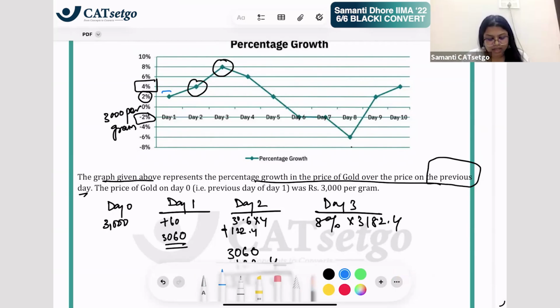तो उसने 3,000 का खरीदा, फिर day 1 पे 2% से बढ़ा, फिर से 4% बढ़ा, फिर 8% बढ़ा, फिर again 6% बढ़ा. Whatever the price, it's increasing only, right? Although 8%, but then it still increased by 6%. And then whatever the new price was, on top of it, again, it increased by 2%. So the price is increasing only now. Whatever it was, it is increasing by some percent.